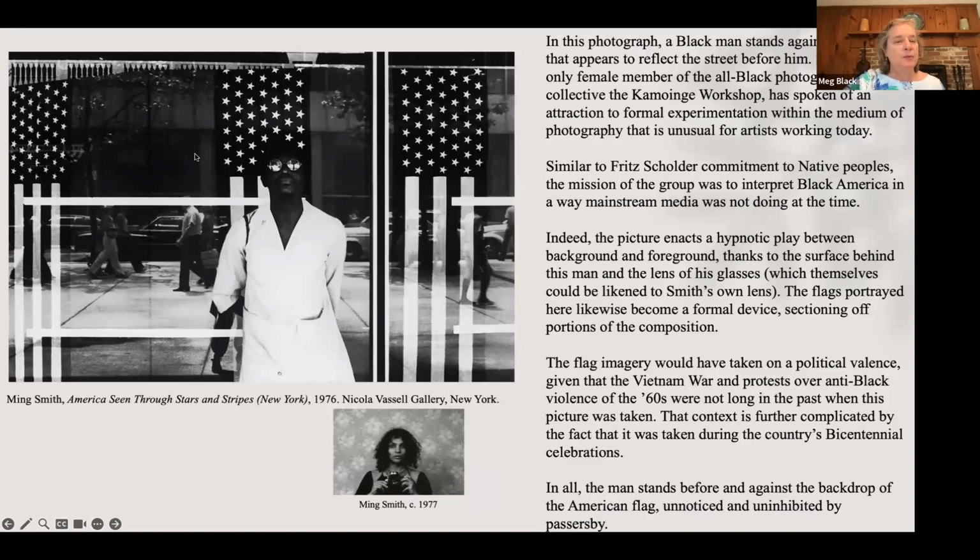And then behind it, we see three panels of the American flag, but it's very hard to determine where these panels are. Where are these things? Are these behind the window, which kind of looks that way? And then these seem to be reflected in the window from outside. And then when we look behind him, we see people who are walking in front of him on the sidewalk. And these are passersby that are probably not paying a heck of a lot of attention to this man whose glasses seem to be projecting, looking into an American flag.